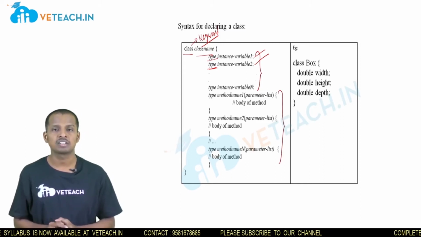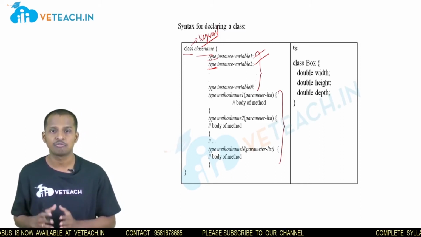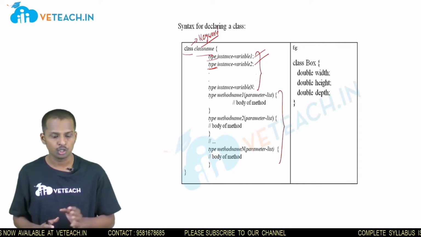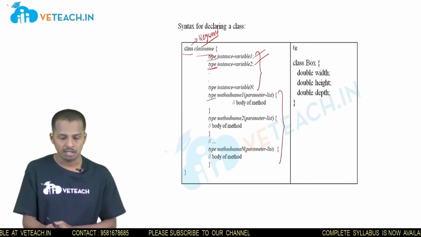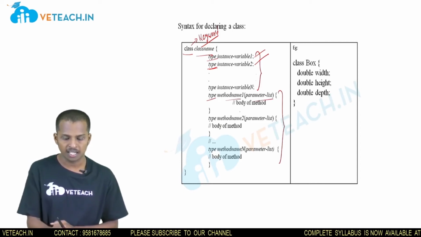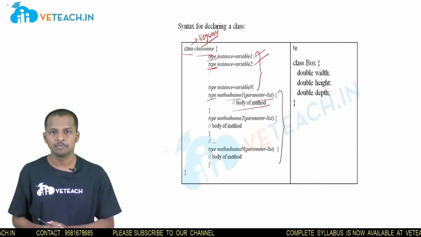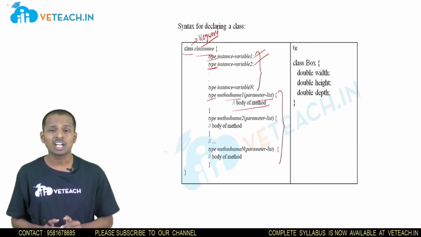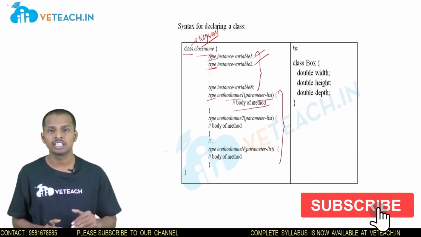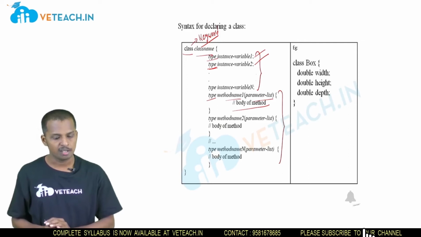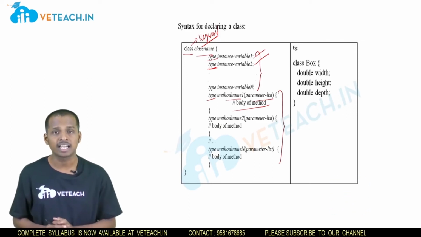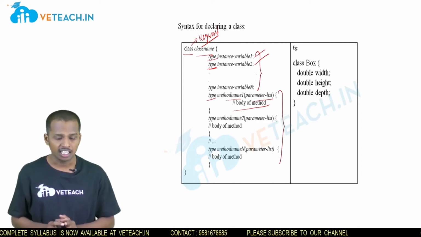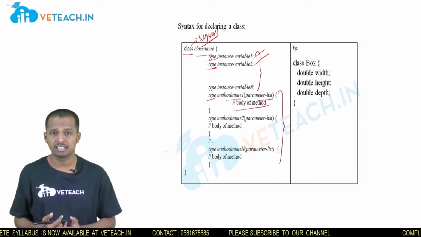Whenever you want to write the definition of a function or a method in your program, you have to follow the syntax, that is return type space method name, the list of parameters and the body of the method. Here return type tells what type of value this method is going to return to the calling function. Method name is the name that we give to the method. Method name can be any name, and it should be relevant to the body of the method.